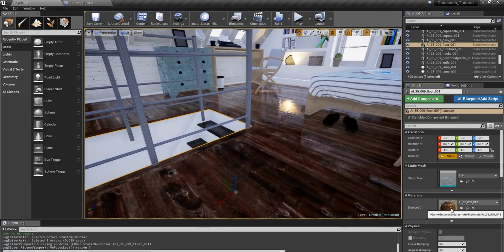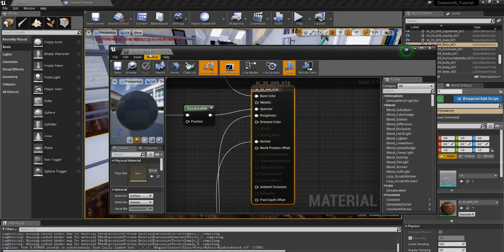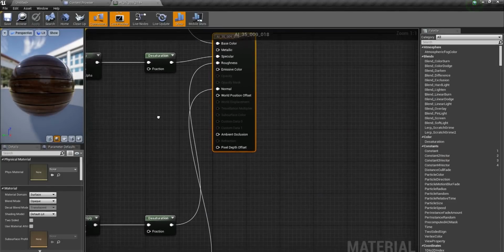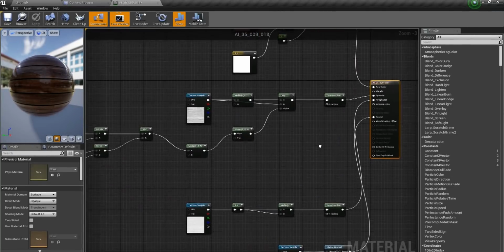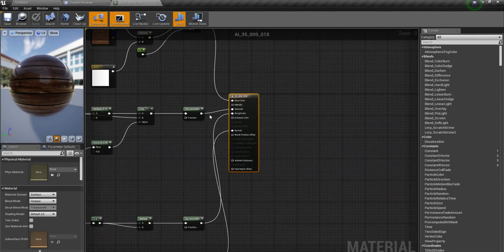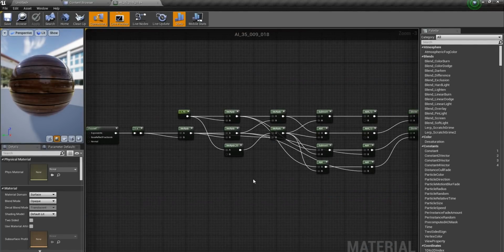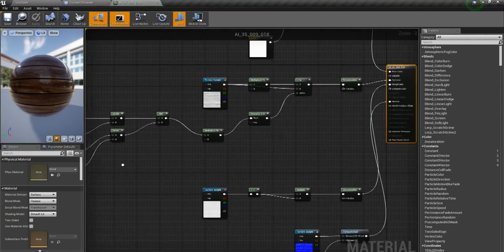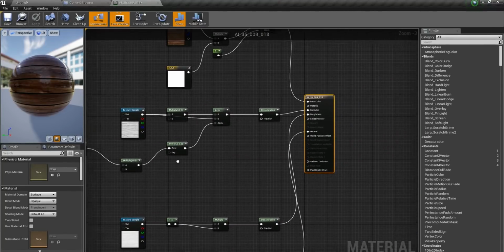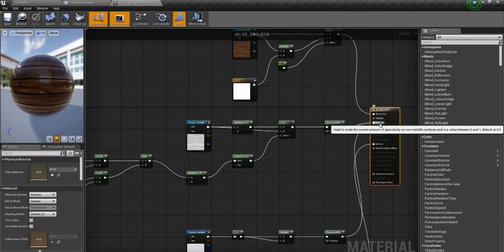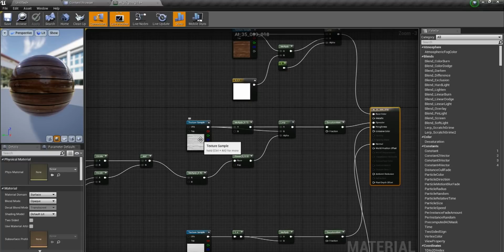And if we open one of these materials, you can see that our specular value is this long chain of nodes that has no reason to be, honestly, because when we talk about specular in Unreal Engine and in PBR, physical based rendering in general, well, specular is a value that is very rarely